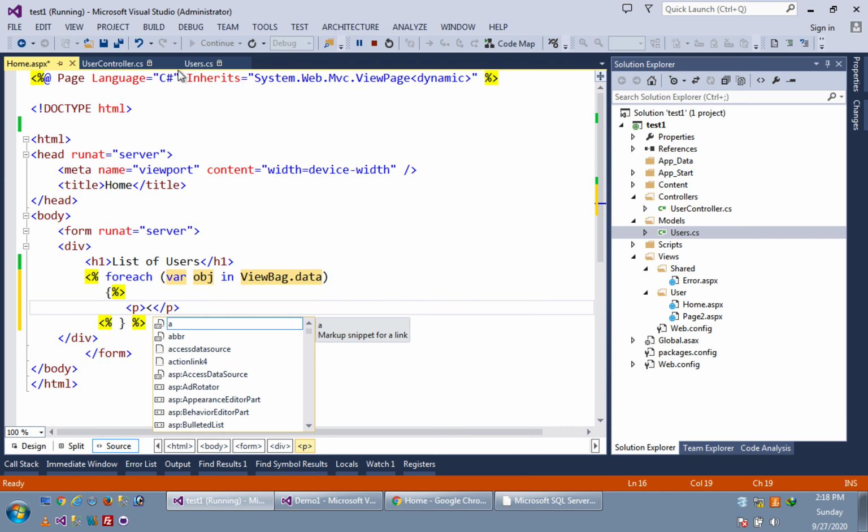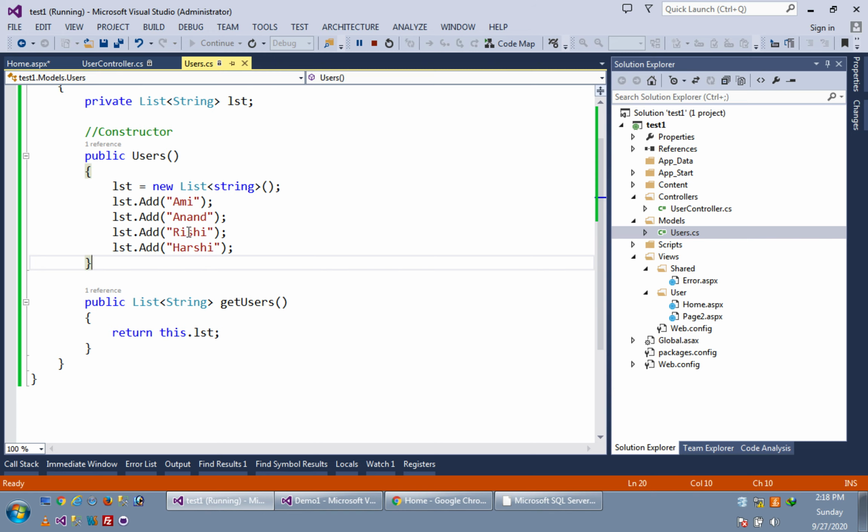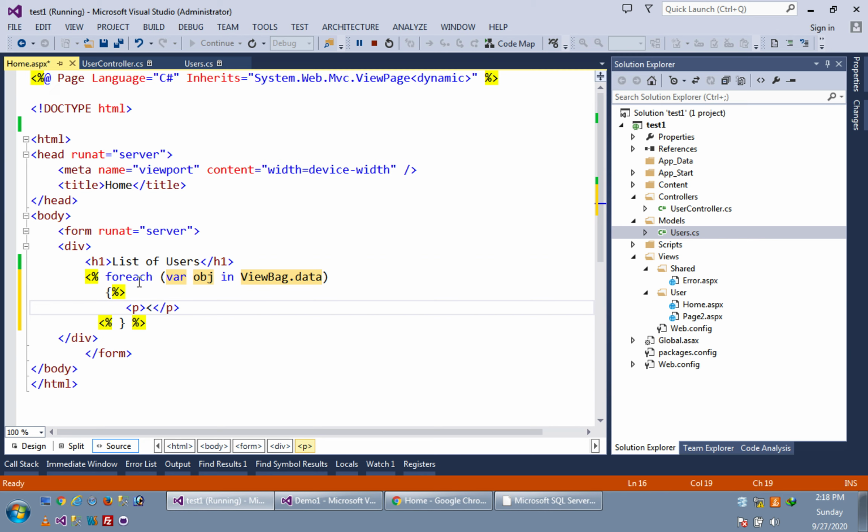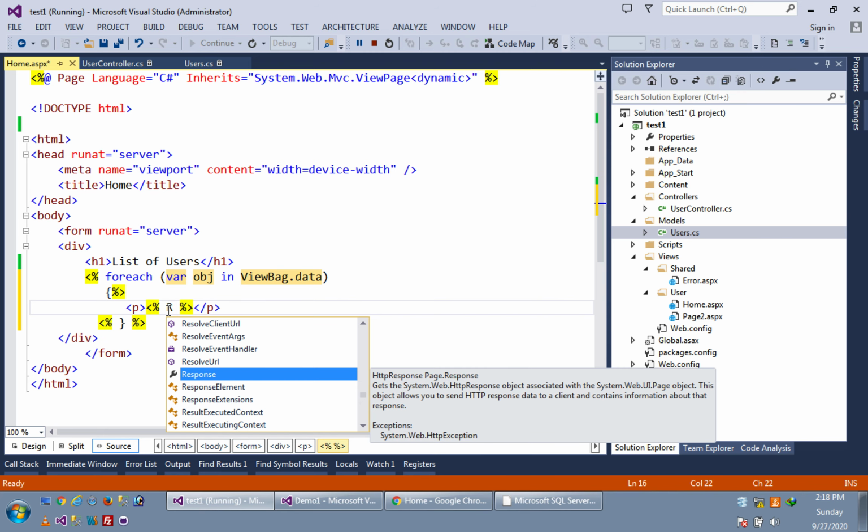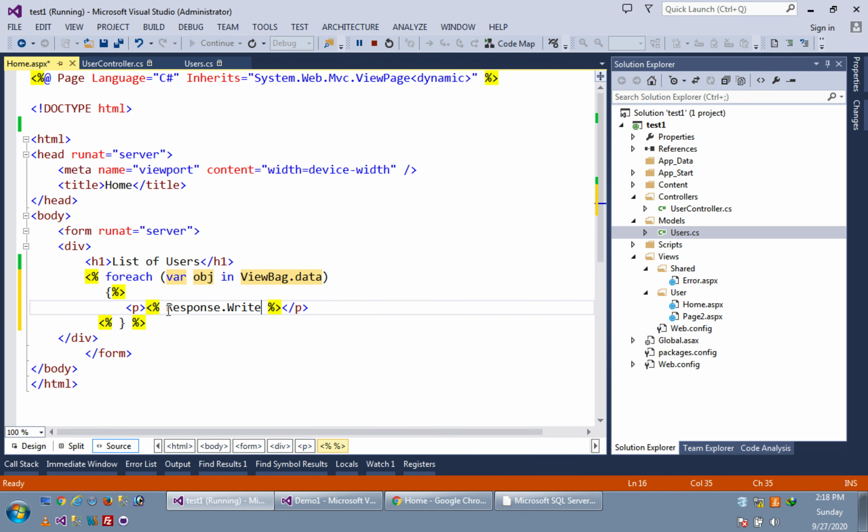What is obj? Obj is each and every value from the list, like Ami, Anand, Rishi and Hershey. So I just have to print that, so I will write Response.Write obj. That's it. So here is one section of C#.NET, here is another section, and here is a third section of C#.NET. In between I have used the paragraph tag of HTML. So HTML should be outside of the C# block.